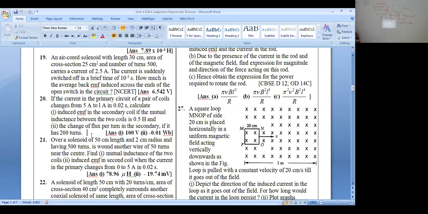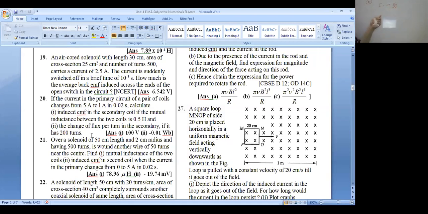It means here the induced EMF, the formula here, the induced EMF given is equal to what? In self-inductance, the formula is L di by dt. If it is the case of mutual, replace this L with M. What is the difference here? L is the self-inductance of the coil or solenoid, and between the two coils or solenoids, M is the mutual inductance. So here the question is of mutual inductance, so we are taking the M.